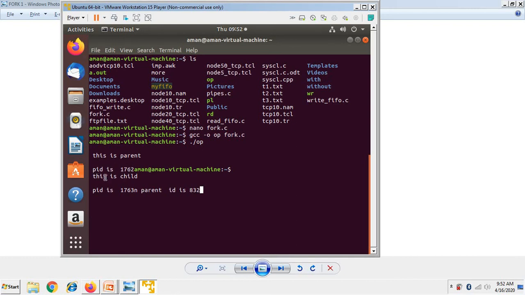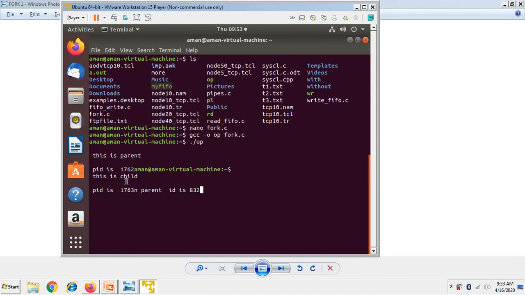Then we were in the child process. The child process message is displayed, and then the PID of the child process is displayed. It is the next value. It was 1762 for the parent, and now it is 1763 for the child process.